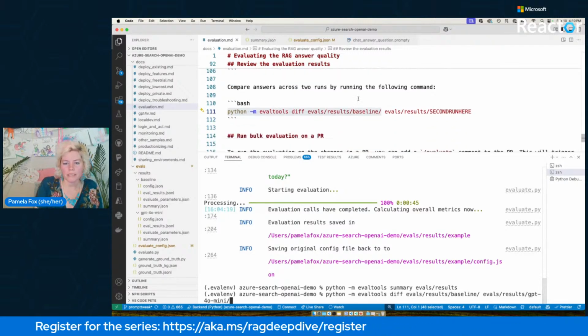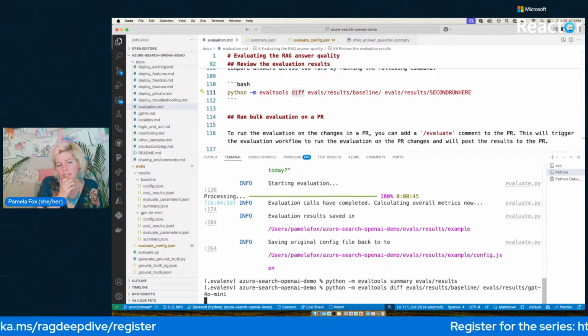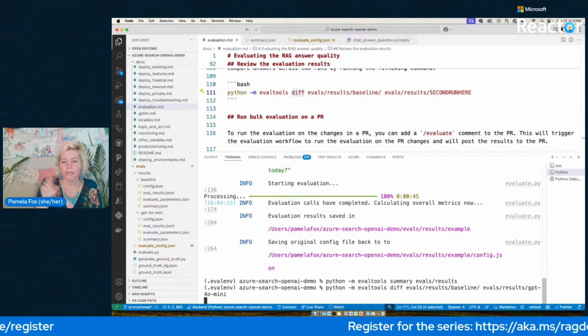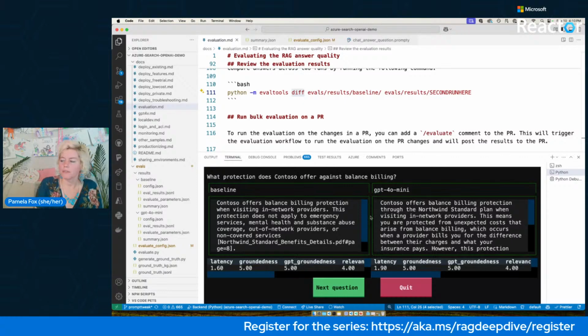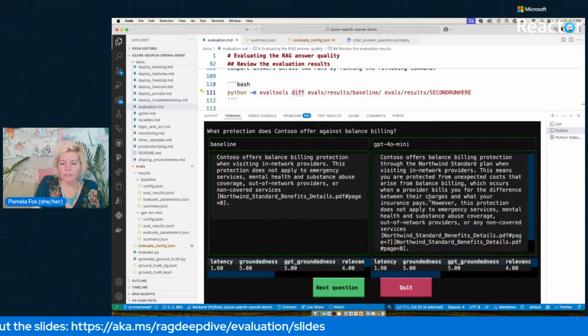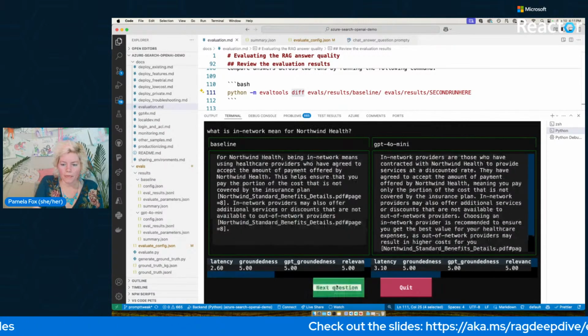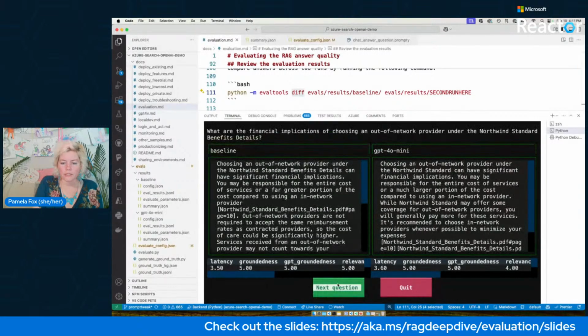So here I'm going to use my diff tool, which is another CLI. It brings in answers across 2 runs to make it easy for me to compare one to the other. So here we can see baseline versus GPT-4o Mini. And you can see in this example that the length of GPT-4o Mini is a lot longer. So I started looking through these to try and determine